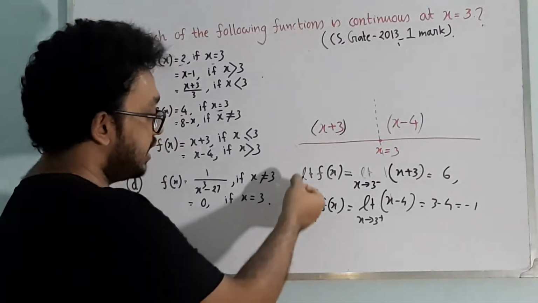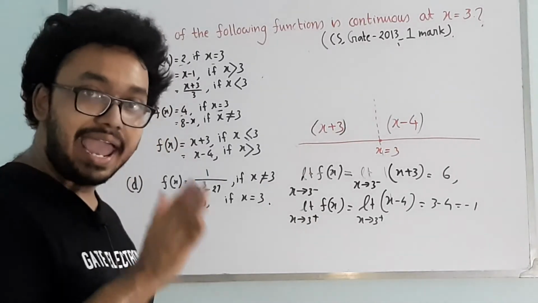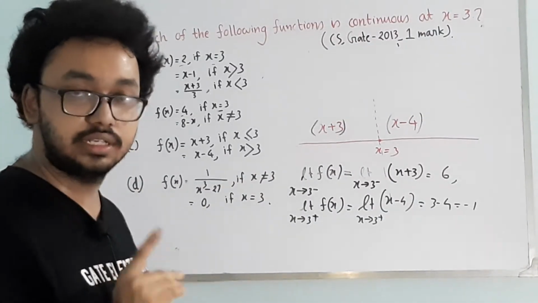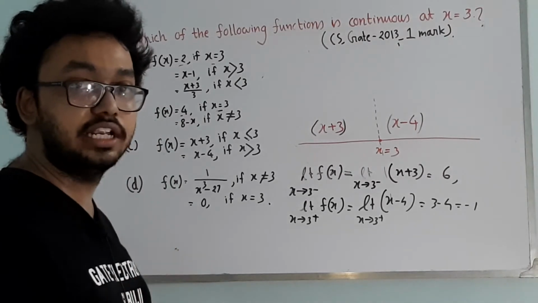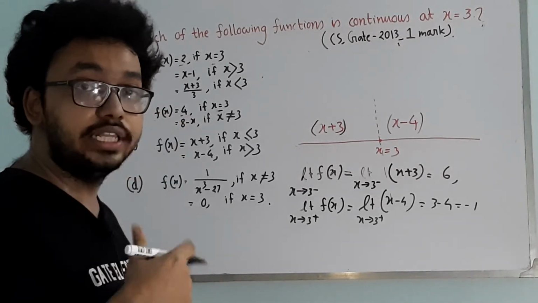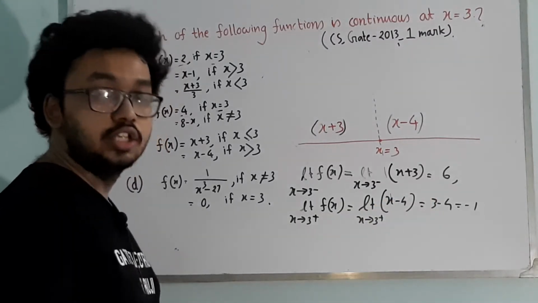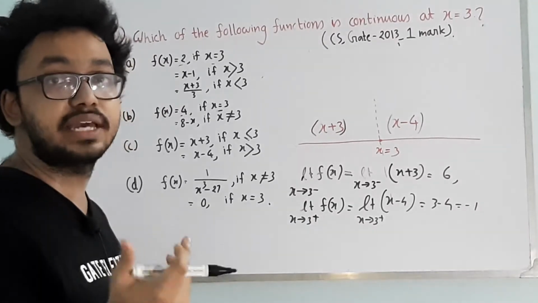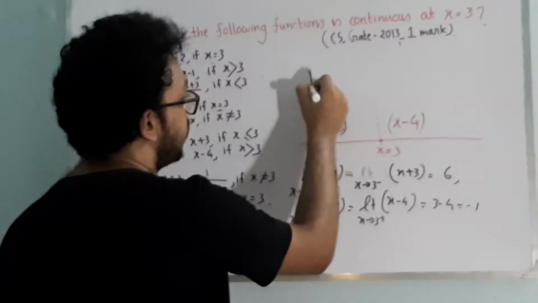So clearly, as the left hand limit is not same as the right hand limit, the limiting value does not exist, and as the limiting value does not exist, the function is also discontinuous, right? I think I discussed 4 cases when the function will be discontinuous. One of the cases was when the limiting value does not exist. In this case, the limiting value does not exist, so there is no question of asking whether limiting value is same as functional value or not. So in this case, the function is discontinuous.